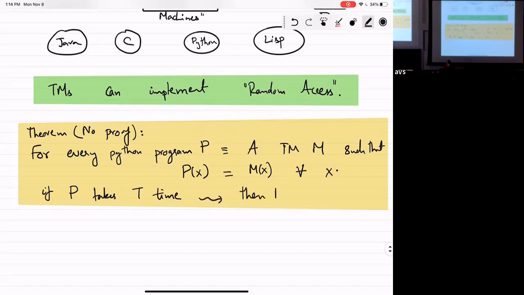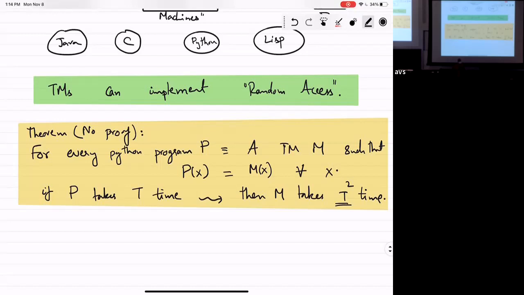Then M only takes t squared time. Okay. Not only is it true that Turing machines can simulate any Python program, but they can also do it with just a quadratic blowup. I mean, in practice, a quadratic blowup is a huge deal, right? But this is like a 100-year-old model, almost. Okay.